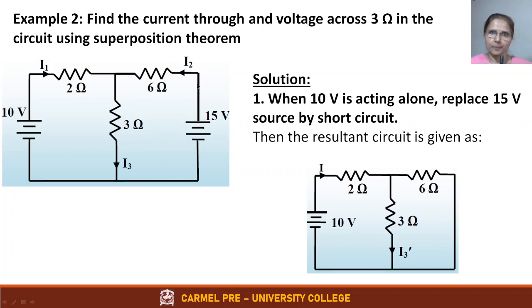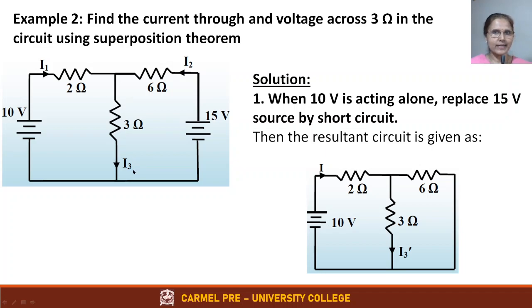branch using superposition theorem. Okay, so today we will see current through and voltage across resistor R3, this one, 3 ohm resistor, using superposition theorem. So what does superposition theorem say? You have to consider one voltage source at a time and short the other voltage source, because there is no internal resistance along with this, so we can short this and find current flowing through this.